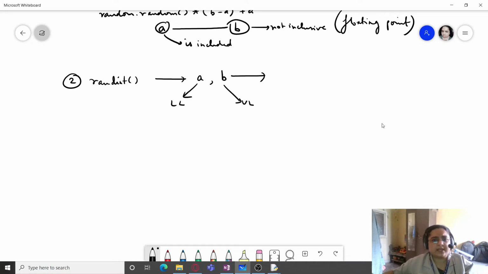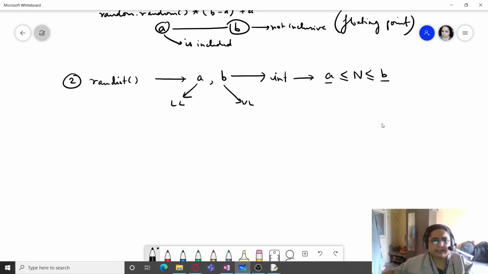And this way any number is generated in the integer form, and the upper and lower limit are both included.